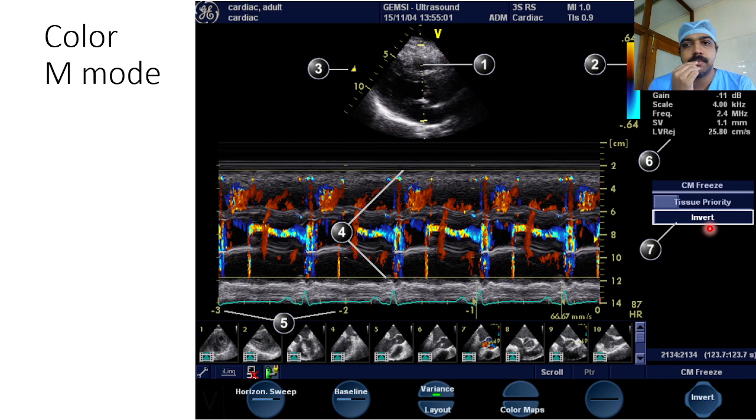What do you look at in the color Doppler and color mode? So the propagation velocity is...